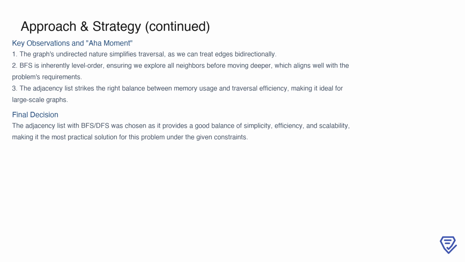The adjacency list representation strikes a balance between memory efficiency and traversal effectiveness, making it ideal for large-scale graphs. Ultimately, the combination of an adjacency list with BFS or DFS was chosen because it provides a practical solution that is simple to implement, efficient in terms of both time and space, and scalable to handle the problem's constraints effectively. This approach allows us to navigate the graph structure with minimal overhead while ensuring clarity and correctness in solving the